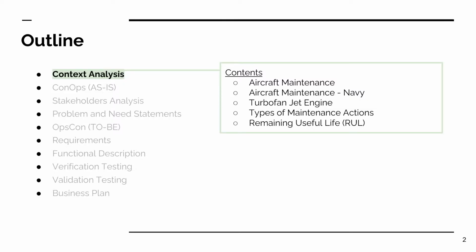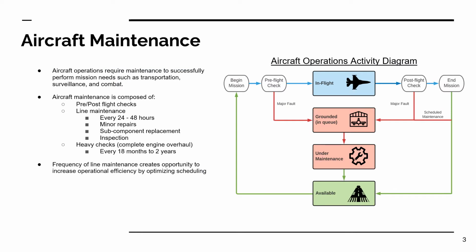To begin with, we'll go through our context analysis. Aircraft operations require maintenance to successfully perform mission needs such as transportation, surveillance, and combat. And aircraft maintenance is composed of pre- and post-flight checks, line maintenance, and heavy checks. The frequency of line maintenance creates the opportunity to increase operational efficiency by optimizing the scheduling of